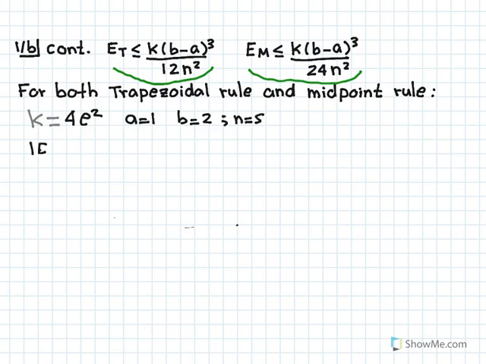Error trapezoidal is less than or equal to K, which is 4e squared, times b minus a, 2 minus 1, all cubed, divided by 12 times 5 squared. And this is approximately equal to